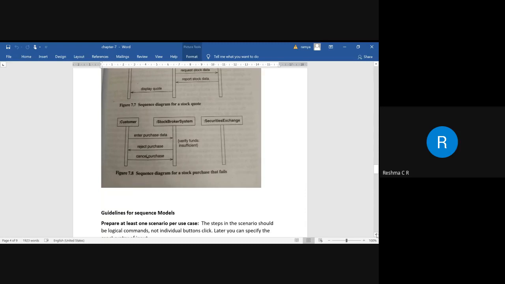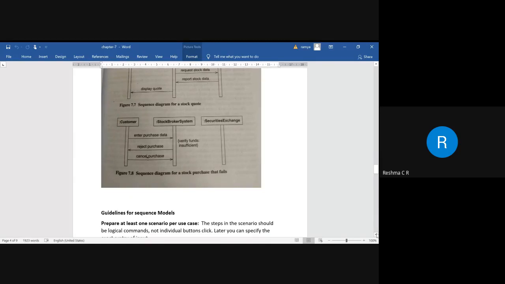This is one more sequence diagram, indicating the failure of the purchase. You cannot say all transactions will be successful; there can be an unsuccessful transaction. So when there is an unsuccessful transaction, what can happen? Here is an example.